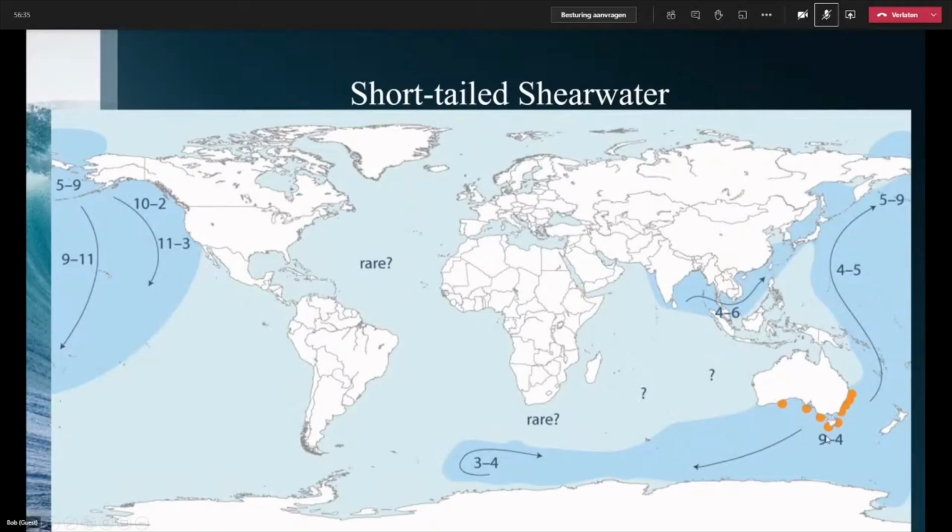They arrive around about September, October, egg laying about November, chicks fledge around about April. And what we learnt was that the birds tend to go down beyond the Antarctic front, feed up for a couple of weeks, and then off they go, because they're going to make this massive long migration without any stop across the equator, right up here to off Japan, where some will stop off and feed, and then up into the Bering Sea, switching over to this side,